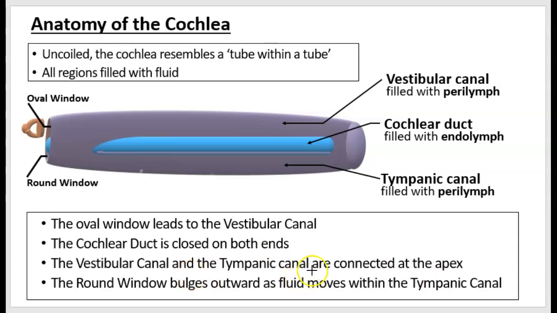Now, the cochlear duct is closed on both ends. Okay, it's not open to another space. So the only way that the fluid will move in the cochlear duct is if there's a downward pressure or an upward pressure of fluid bulging into the cochlear duct. And this is really important in how